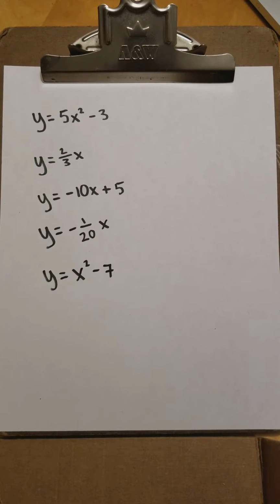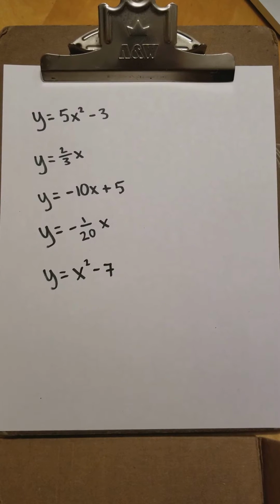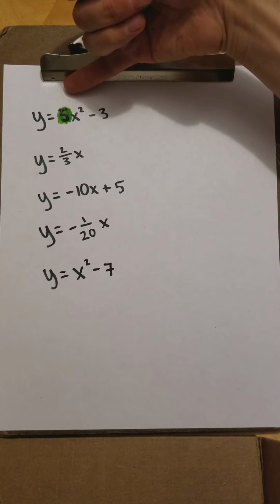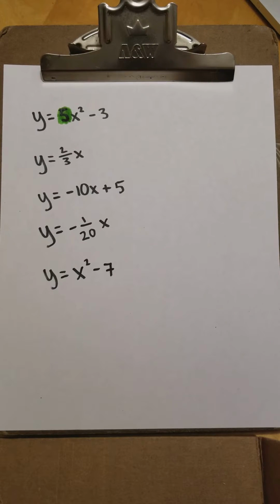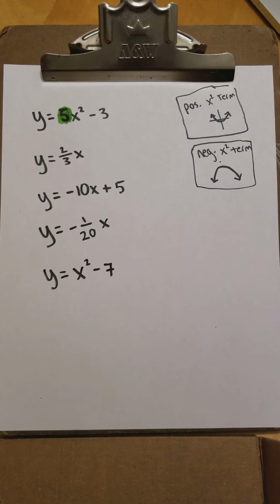So let's consider these quadratic functions based on the things we know to look for. First of all, in y equals 5x squared minus 3, well, that highlighter was a lot darker than I expected. But 5x squared, the coefficient of the x squared term is 5. Positive coefficients of x squared terms give us a smiley parabola, so we know this will be a smiley parabola. Negative x squared terms give us frowny parabolas, so if we encounter those later, we'll just keep it here as